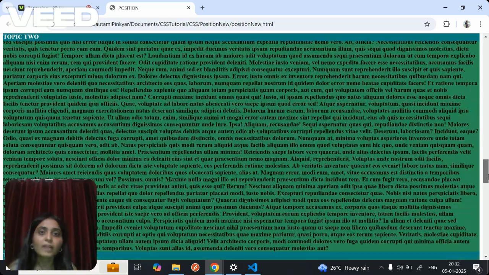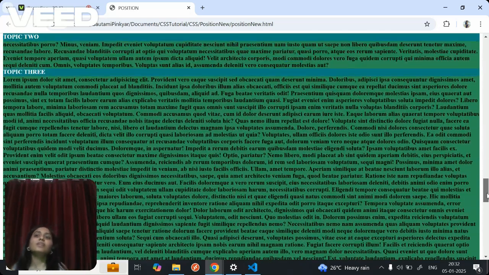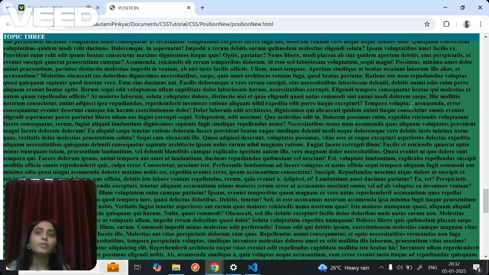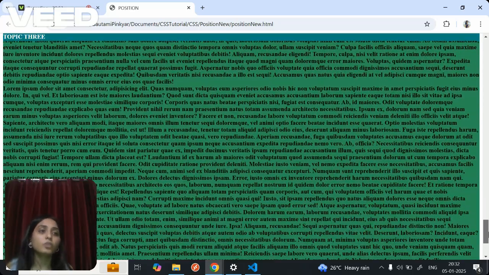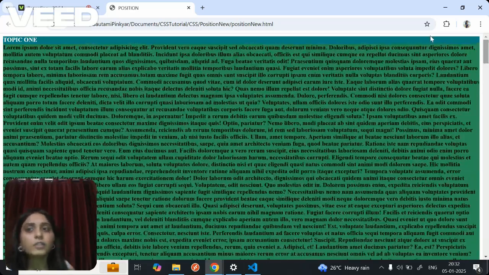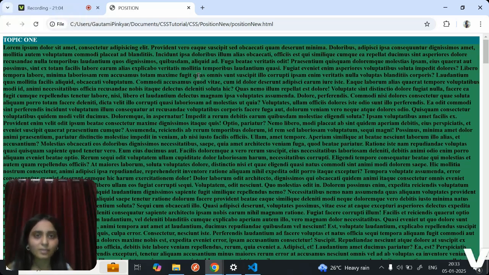So it is a very interesting thing where it helps you to see what you're reading, or when there is a lot of data, you can keep it static for a certain interval, and then you can basically move it. So this is how sticky is very interesting. And both fixed and sticky can be used, but sticky can be used in a more optimized way. And this is the difference between sticky and fixed.